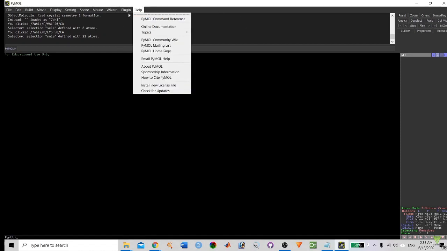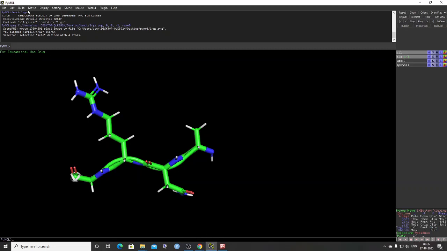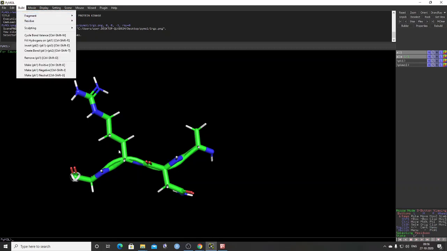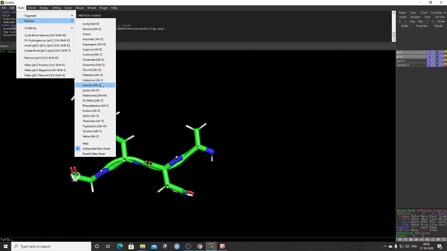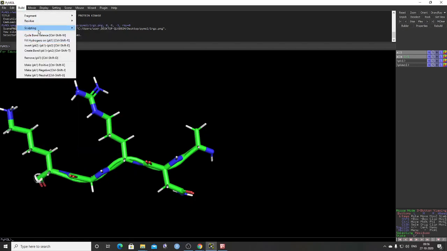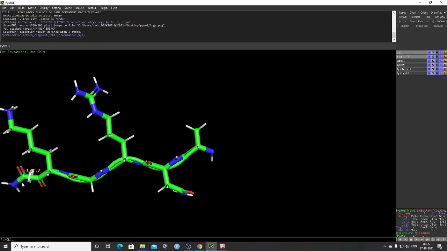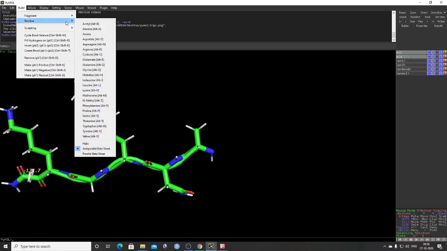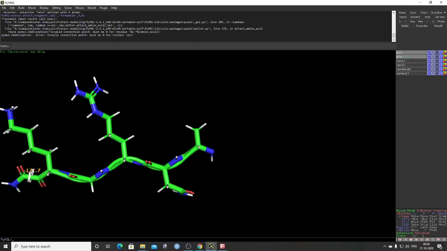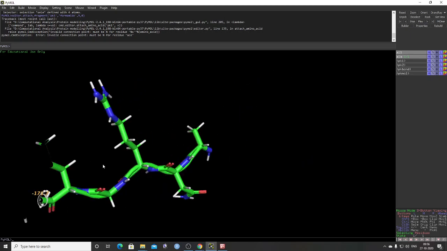Okay, so here there is help also, if you have any queries or want to know about FAQs. So coming to our window, after build, you can build the molecule like this, right? So this residue is there. You can add one more molecule, lysine. If you want to add one more molecule, go to residue. If you want to add some fragment, an amide fragment, you can add it here. If you want to add an acetyl residue, you can add that. So this molecule will build up like this, right? So this is the building of a molecule.